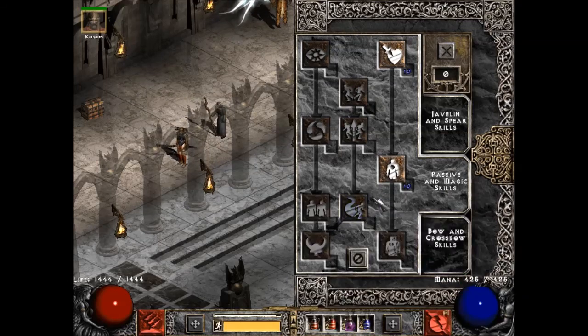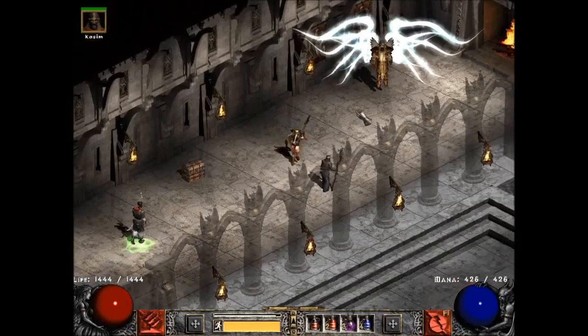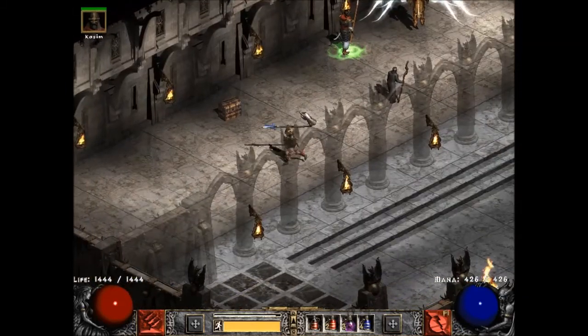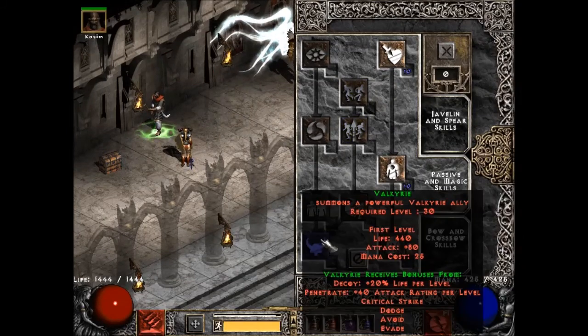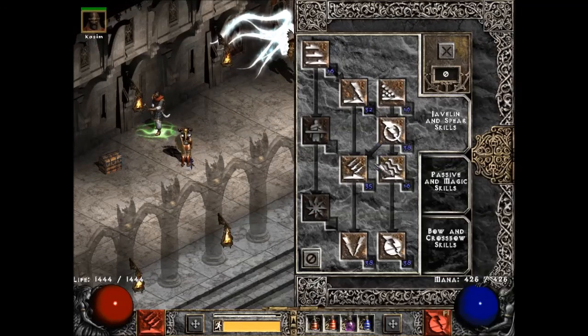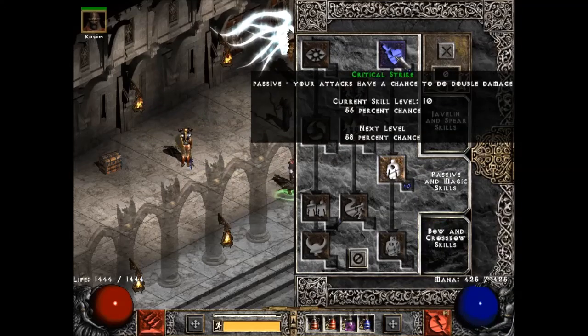This build, I do die very rarely on this build, but it can happen. So if you're playing hardcore, I would get these and a decently leveled Valkyrie. Okay, the rest of my skill points, other than Penetrate and Critical Strike...